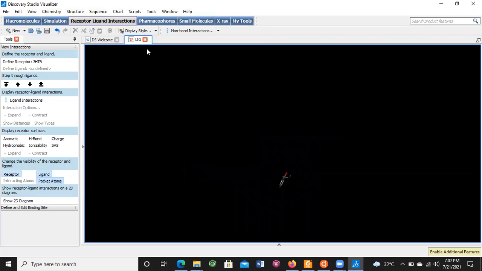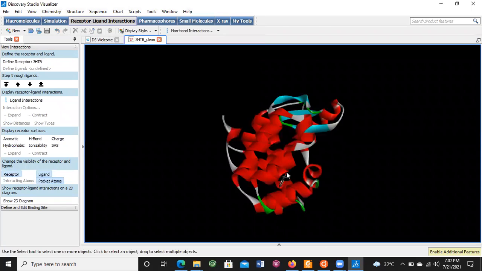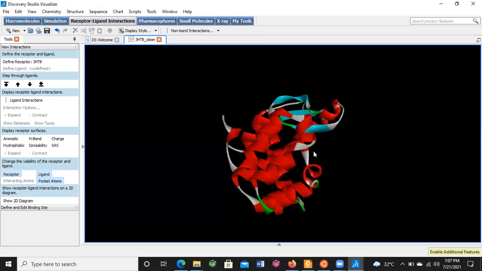Now just close it and again open the complex to save the protein molecule. This time we delete the ligand molecule. Select the ligand by double clicking and press the delete button, and this will delete the ligand.